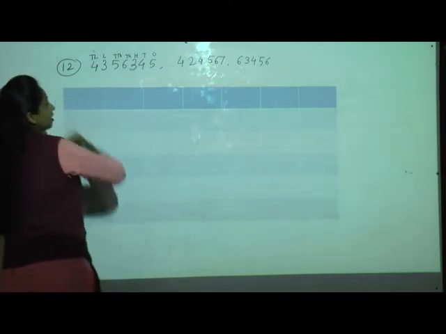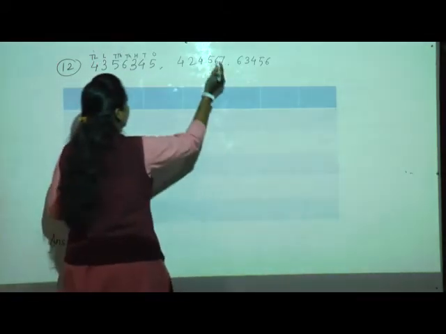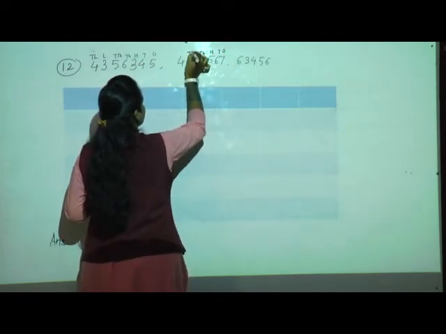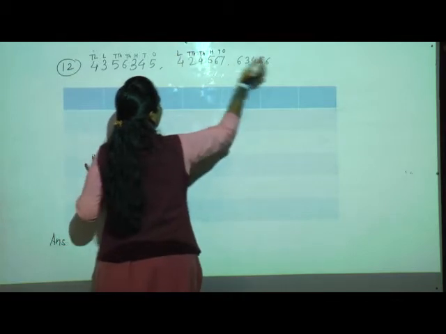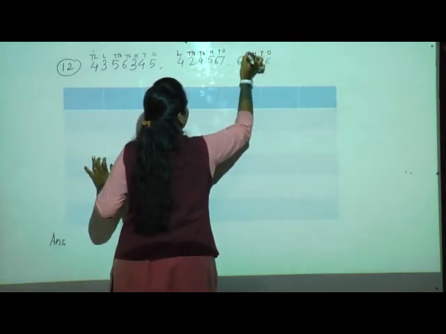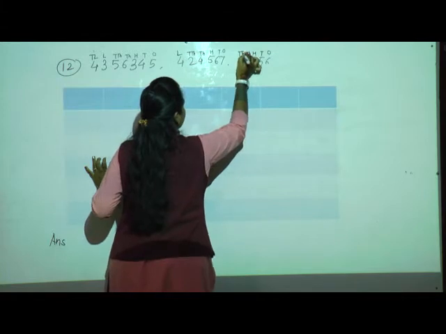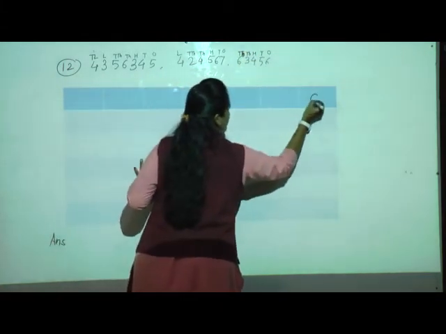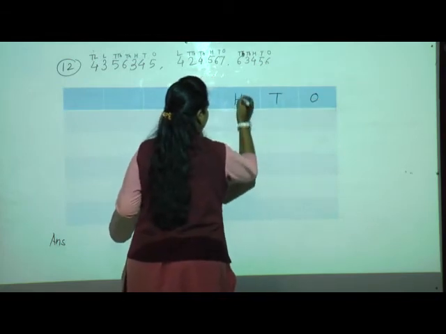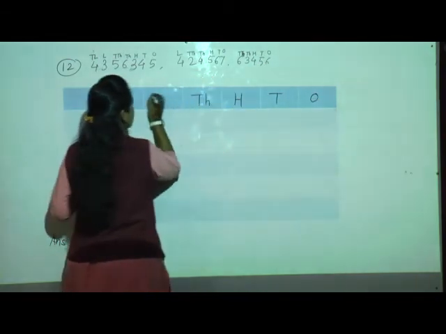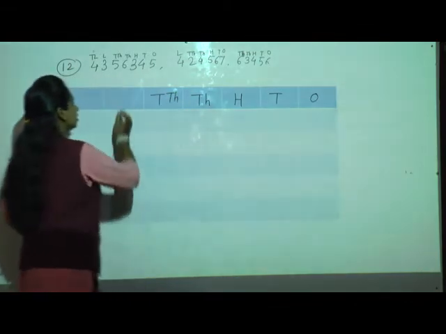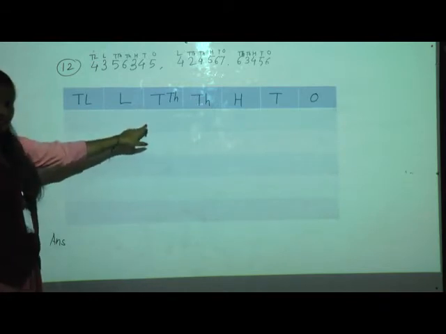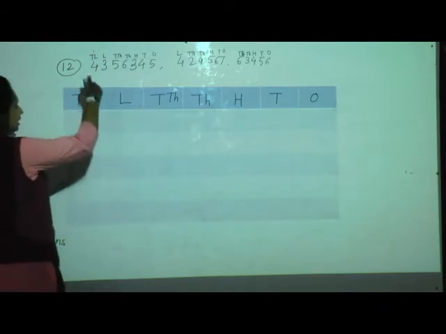See, there are 7. So first let me complete here. Ones, tens, 100, 1000, 10,000 and lakh. So I'll write here ones, tens, 100, 1000, 10,000, lakh and 10 lakh. Leave one line, leave one box for the carry. Now I'll take from here